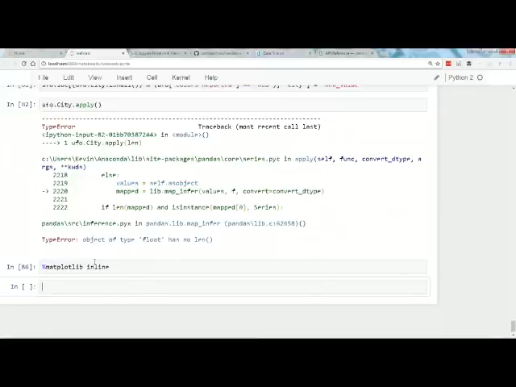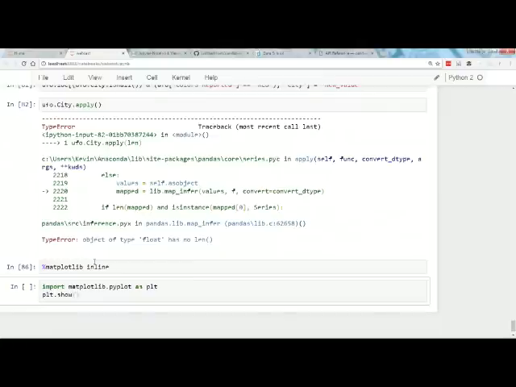Now, if you're not in IPython or the Jupyter Notebook, I think what you need to do is import matplotlib.pyplot as plt and plt.show, okay? I believe that's what you need to do if plots are not appearing in your Python environment and you're not using IPython or the notebook. You run this code. But I could be wrong. I'm in the notebook so often that I sometimes forget.